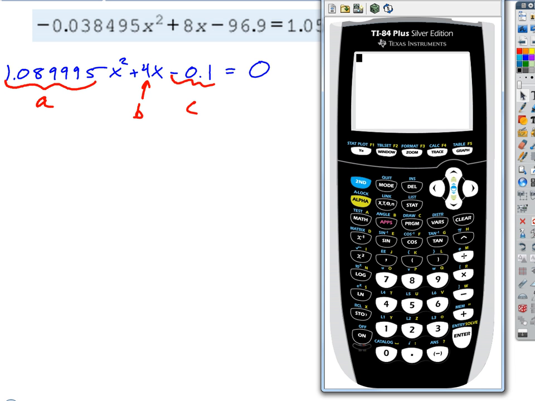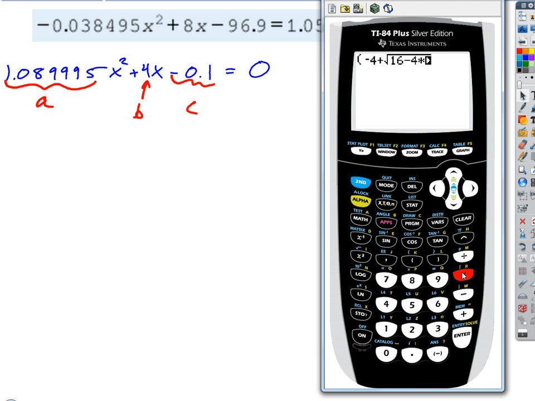I don't even like to, honestly. I think it takes longer to use fraction mode than not. So let's just use parentheses. We're going to enter this as a quadratic formula expression. On the top, we have to open a set of parentheses that encloses the entire numerator. So negative b is what? Negative 4. We'll do the plus version first. Plus square root of 4 squared. That's easy enough. What is it? 16 minus 4 times